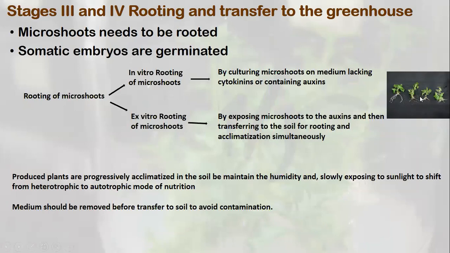So the rooting can be done in two ways. One is in vitro rooting. We can root these shoots in the culture. There are n number of factors that affect the process of rooting. We will discuss all these in that lecture. So by culturing shoots on medium lacking cytokinin and supplemented with auxin, this is just a take-home message. That means cytokinin is inhibitory for rooting and auxin is required for rooting, which I just discussed with you a few minutes back also. So here we root the shoots in the bottles and then we transfer them to the field.